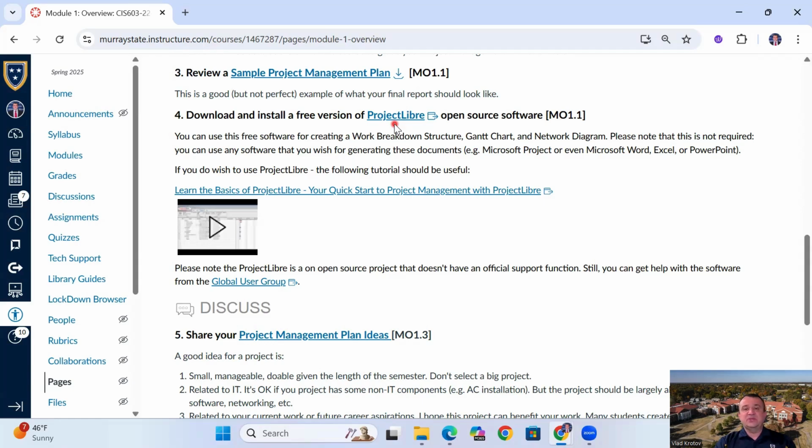It doesn't have as many features, which is good because Microsoft Project, I'm sure you can spend easily 6 months learning it because it has so many useful features. But again, this session is short. It's only 6-7 weeks, right? So probably you don't have time to learn a new piece of software